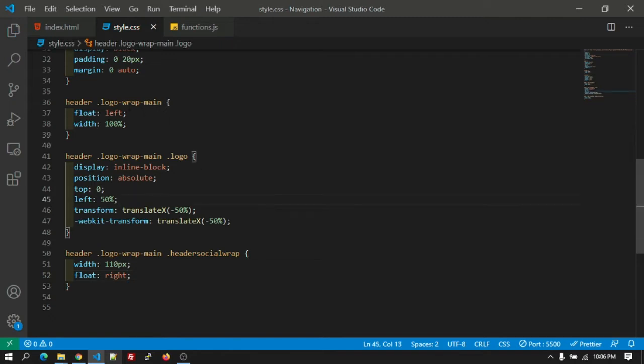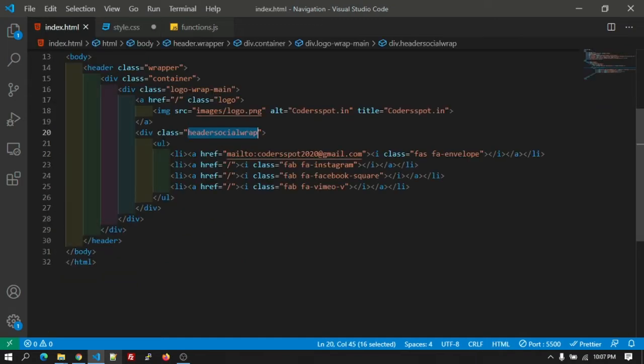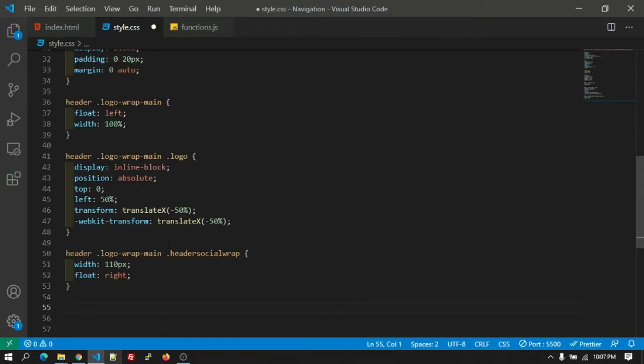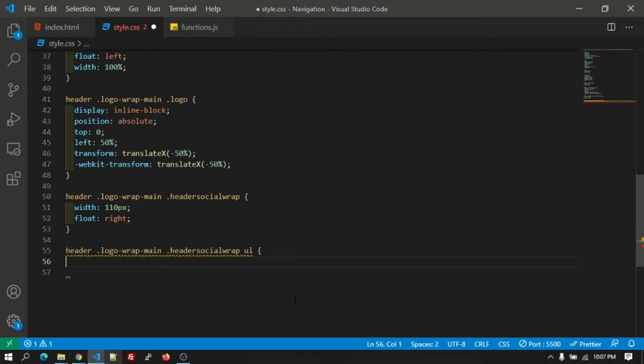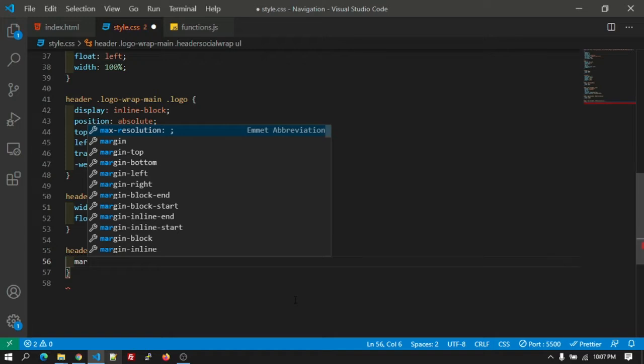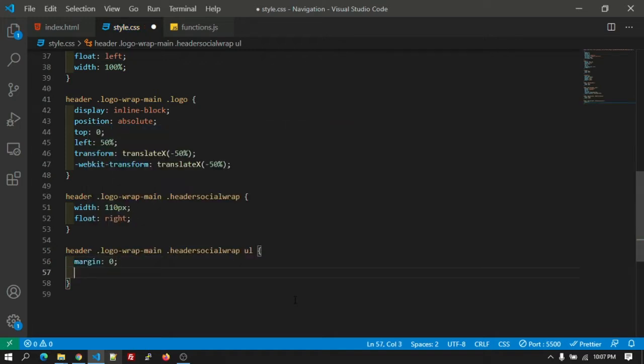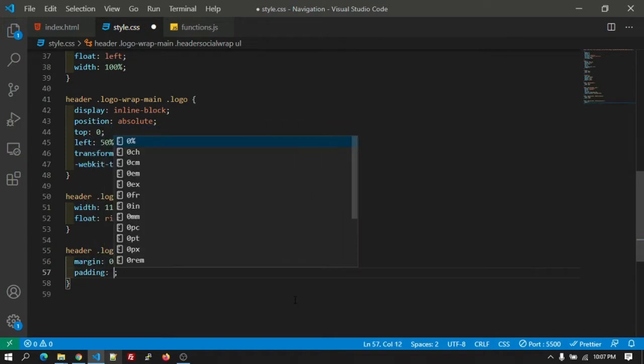We have made the logo to the left, so we are using the social icons to the right hand side. After that there is a UL. So let's copy the class and let's add the UL. Say margin 0 and padding 0.